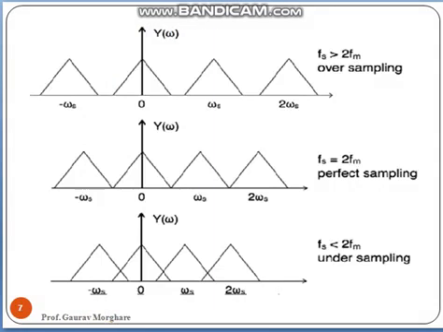Now further, if the sampling frequency is greater than twice of fm, we can easily recover the signal. If we have to transmit this signal, we can take the energy by applying a low pass filter over that, or any band pass filter. Now for the perfect sampling case, you know this, the end of this signal, that means omega_m and omega_s minus omega_m will be the same point. And what will be, if the sampling frequency is lesser than twice of fm, then it is a case of under